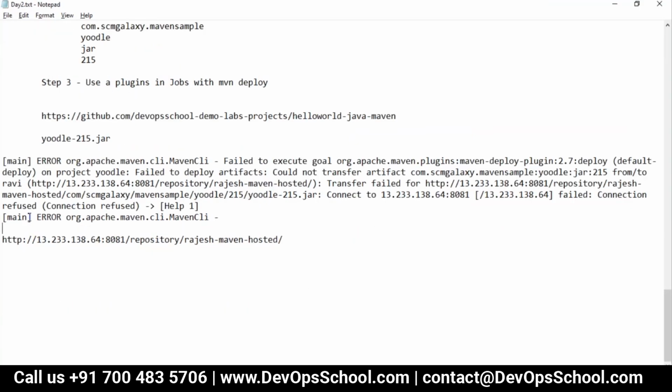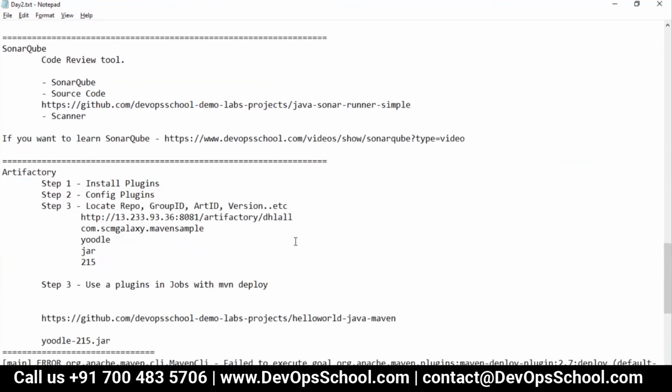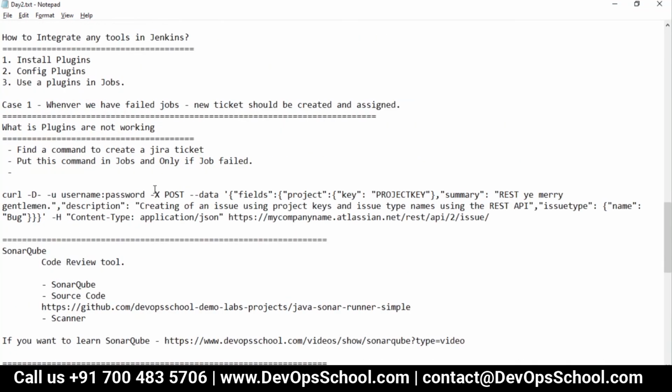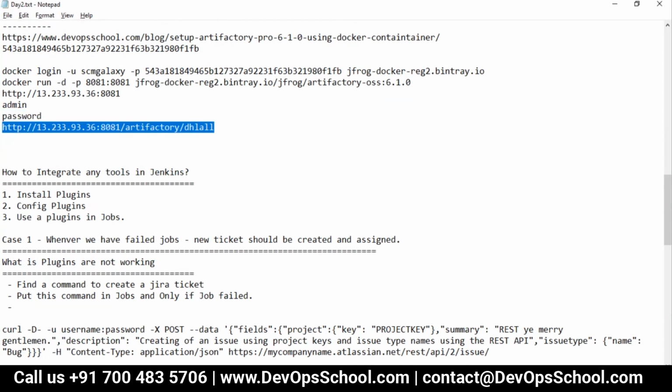Now what I'm going to do, I'm not going to show you more errors. I'm directly hitting the sweet spot and fixing all of these issues. So let me tell you what to be done. First thing, modify pom.xml with the repo. Second, modify settings.xml with access. Done. That's all. So I'm doing it right now quickly. What is my repository? My repository is this one.